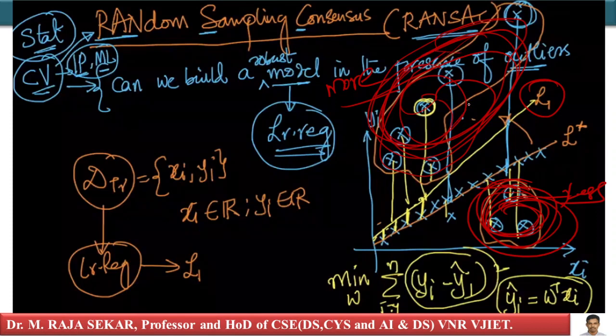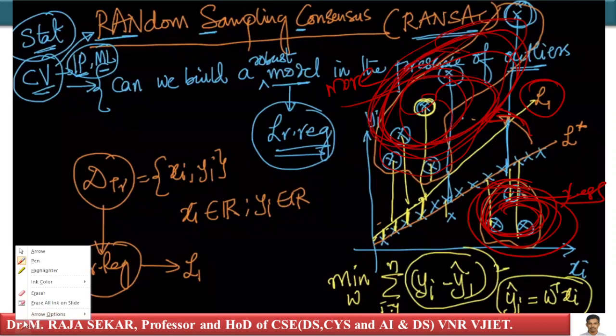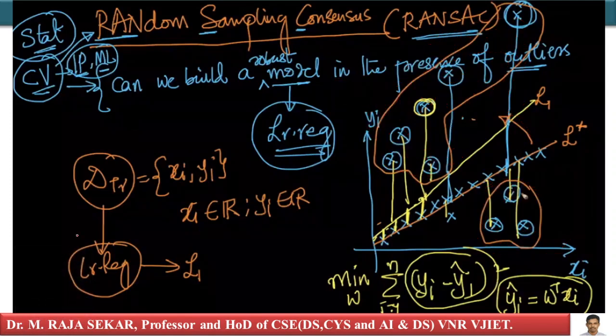That's why these extreme outliers are pulling. Just see, they are pulling towards these extreme outliers, isn't it? That's why they pull the hyperplane towards them, especially the more extreme ones. This side has more extreme outliers, therefore they are pulling the line towards them. So that L1 that you got is a non-robust model, because it is impacted a lot by outliers, especially because of these extreme outliers.